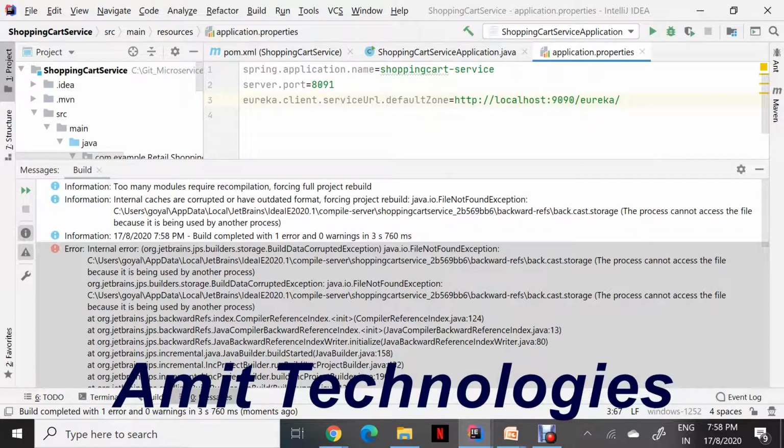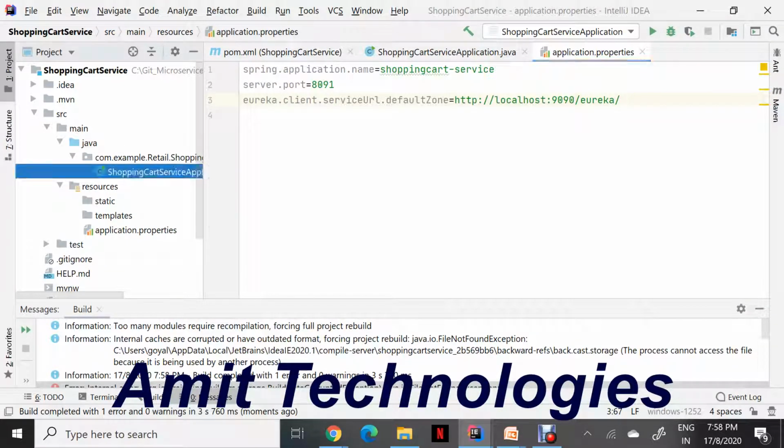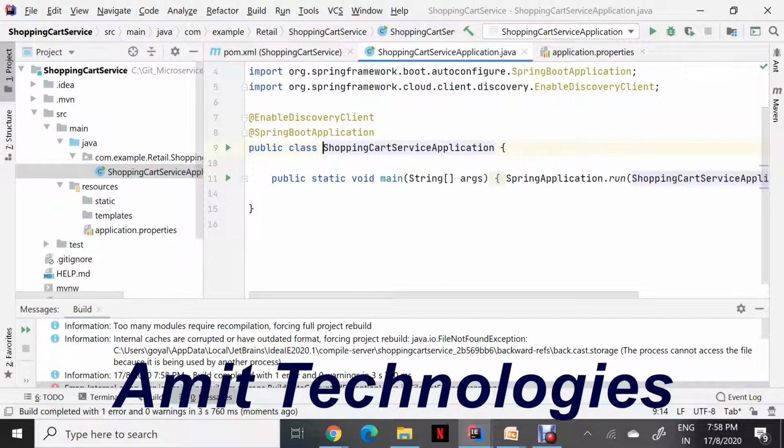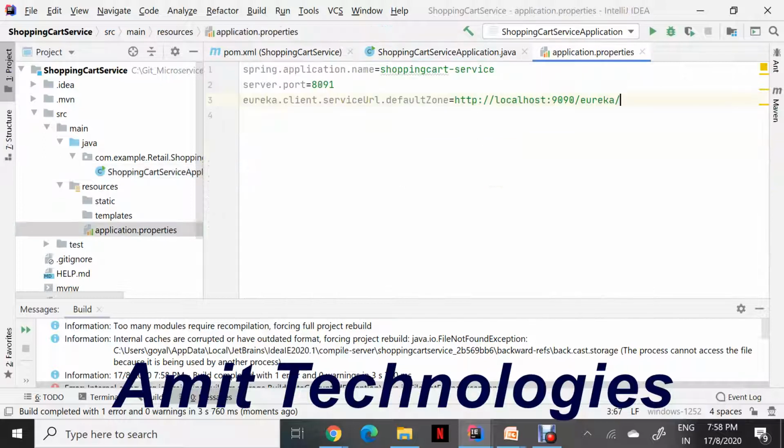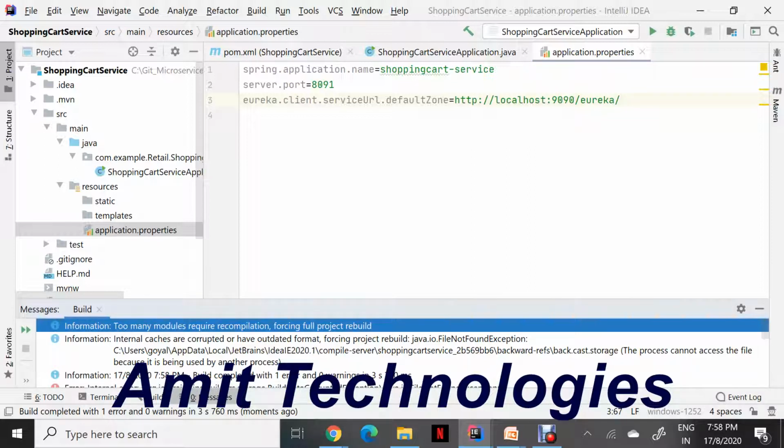Okay, something went wrong. You need to go to this, enable discovery client. This is fine.